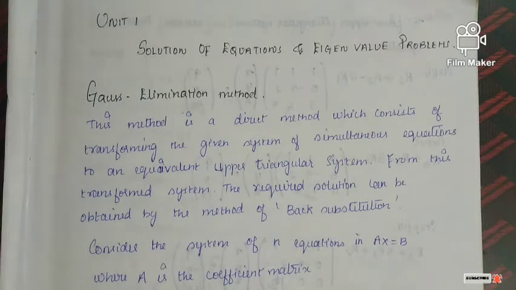Okay, so the first method we are going to discuss is Gauss elimination method. In this method also, the system of equations will be given in the question. What we are going to do is try to make an upper triangular system. Upper triangular system in the sense that below the leading diagonal the elements should be 0. If you make it in that form, after that by the method of back substitution we can get the solution for the given system of equations. This is what Gauss elimination method is.